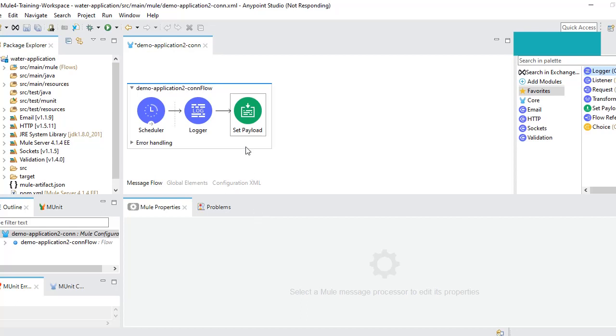So based on the payload in this transformer, I'm going to send a notification from CloudHub as an alert. It's not a Gmail connector or SMTP connector or email connector. Don't get confused. It's a separate feature which is available in CloudHub in order to send alerts to the users or QA team or whoever is required.